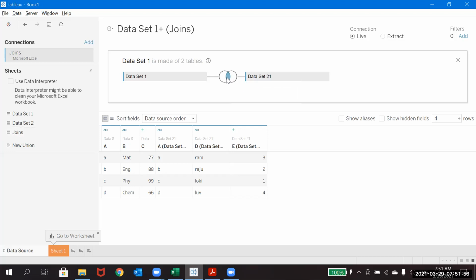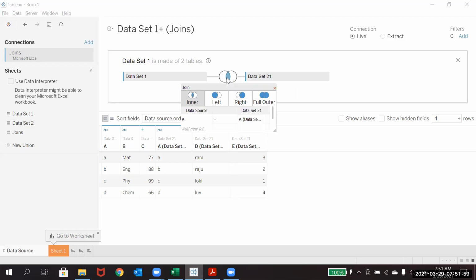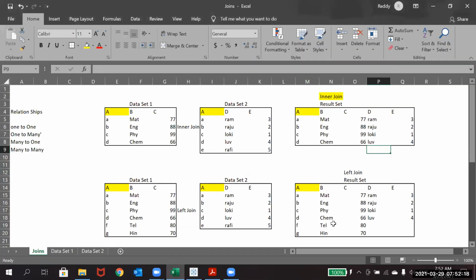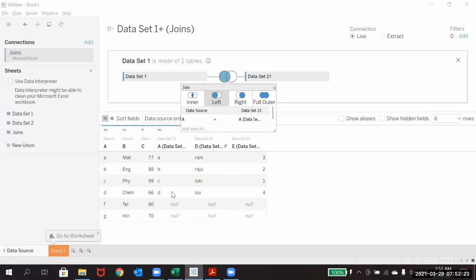If you'd like to change this join, if you click on that, you will see the 4 types of joins that we have. Let's say I'm selecting left join. If you observe, the result below has been changed, and you will see how the left join result will look. You can even compare it with the result we got here, so you'll understand. Doing joining in Tableau is very easy, but understanding that concept is a little important here.